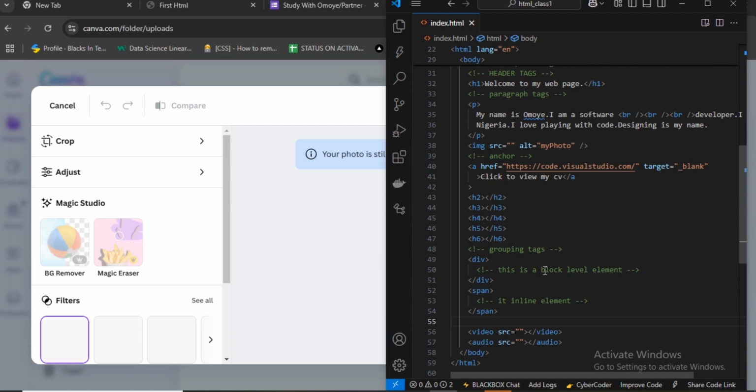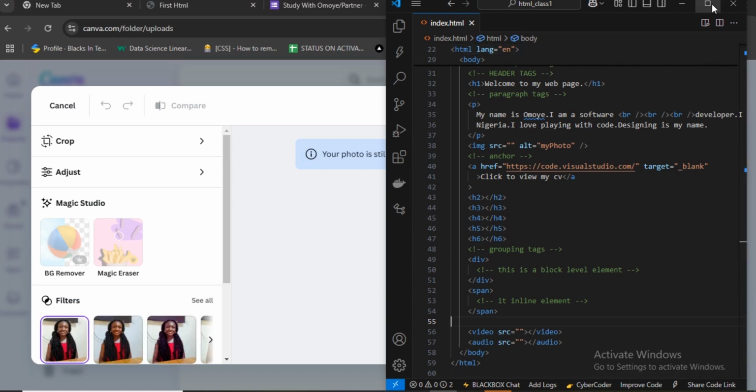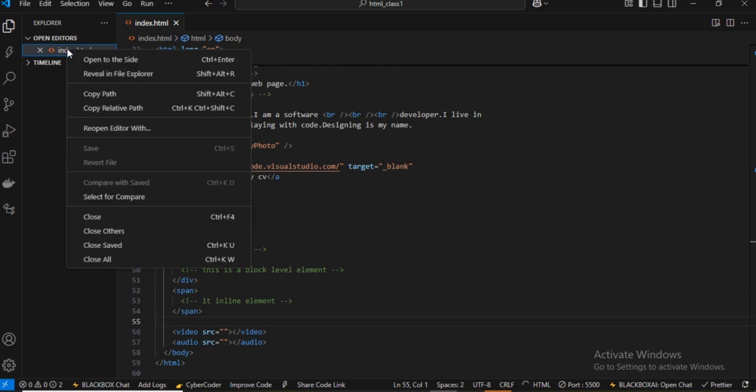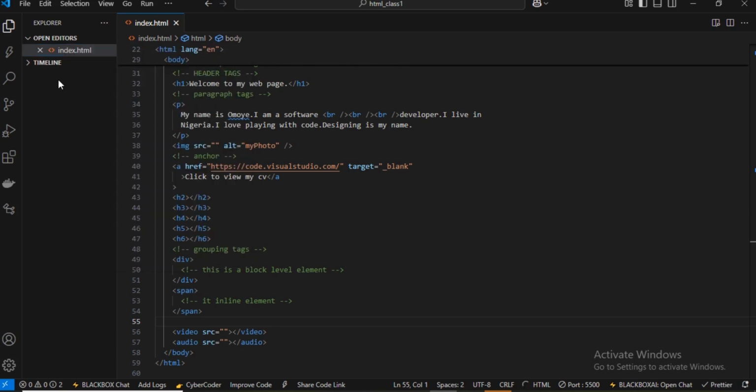I want you to go over to your VS Code and create a style sheet. Remember how we created HTML? Now click on files, or if yours is showing your folders, you have your CSS folder. Right click on the folder. Right click means where your mouse menu is, your left and right. So right click on the CSS folder and click on create file. Create a file, name it